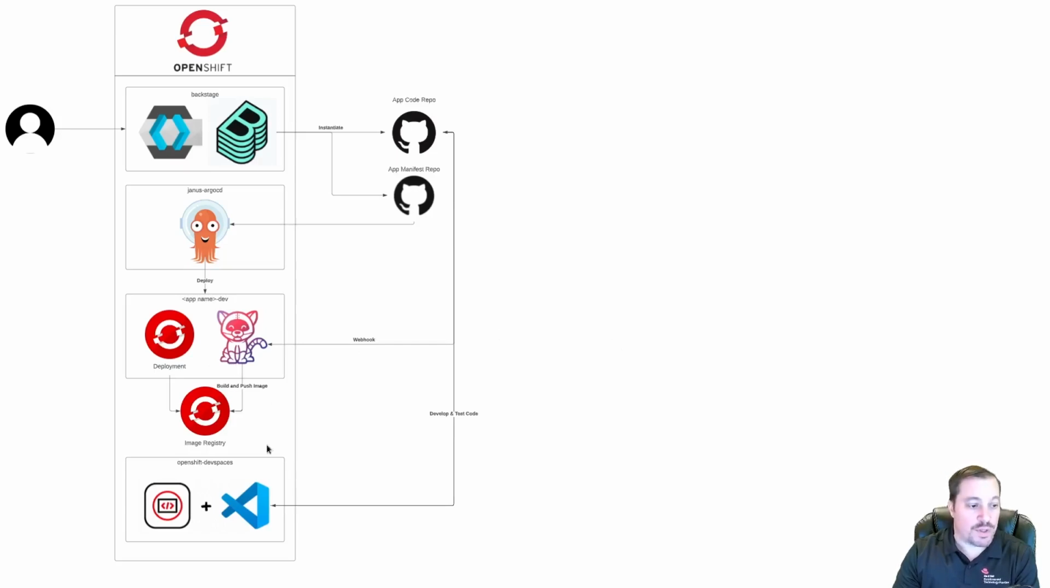Just for demo purposes, we are using the OpenShift image registry. So once you make a code commit to your app code repo, it will trigger the Tekton pipeline, which will start the build process. And until you do that, your Argo CD will be in an unhealthy state because the deployment of your application will be failing with an image pull back off